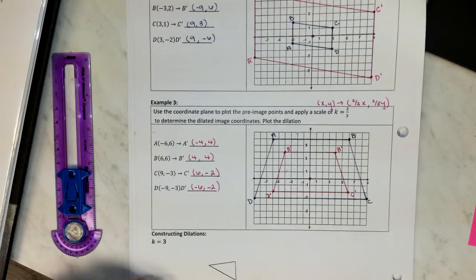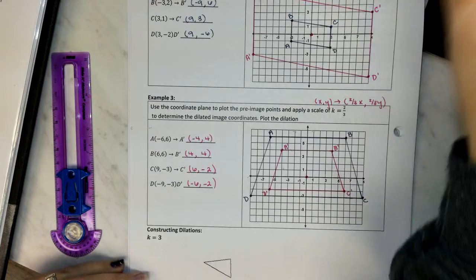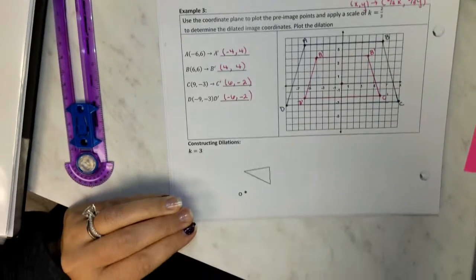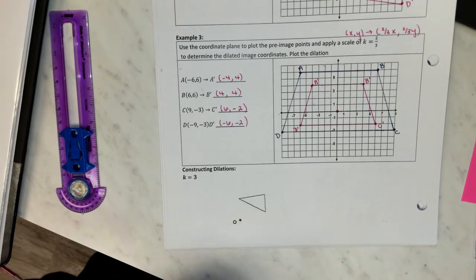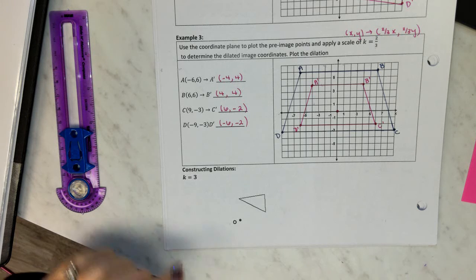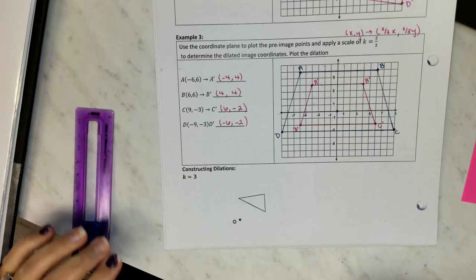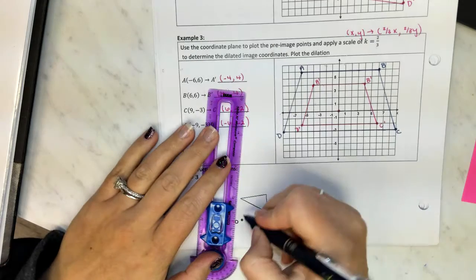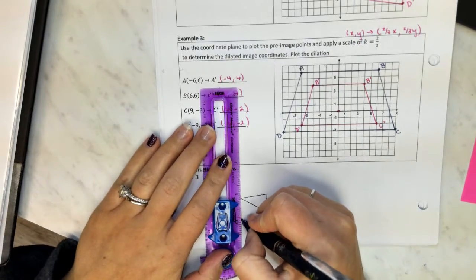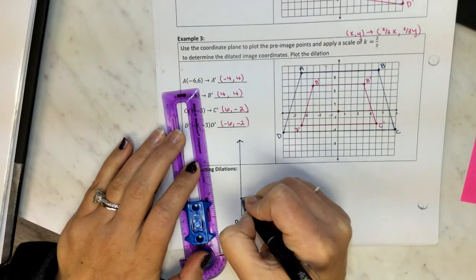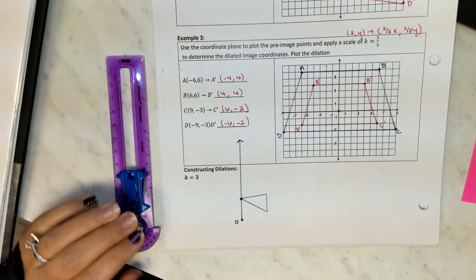Since not everybody has compasses, I will show you how to do this one, but you will not be required to do this on your own. So, doing something larger than 1 is actually pretty easy, but when we have to cut things down, that's when it gets a little bit trickier. So because this all forms a line, we can create a line or ray, and what we're going to do is we're going to measure that first